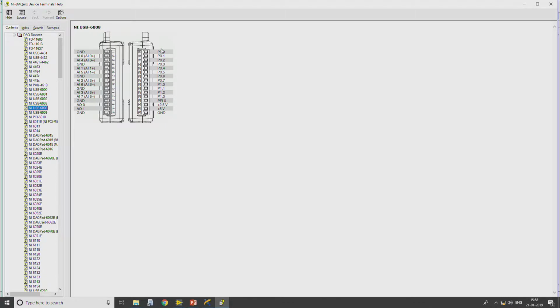On the other side, from the 17th to the 32nd pin, it has a total of 8 digital channels. Along with that, it also has a power supply for the sensor, which is 5 volts, as well as a voltage of 2.5 volts and ground. So the voltage required for the sensor can easily be powered by using this 5 volts too.